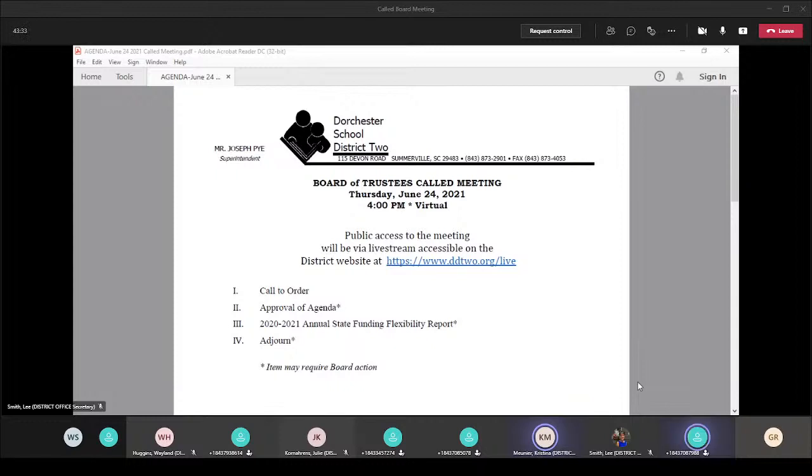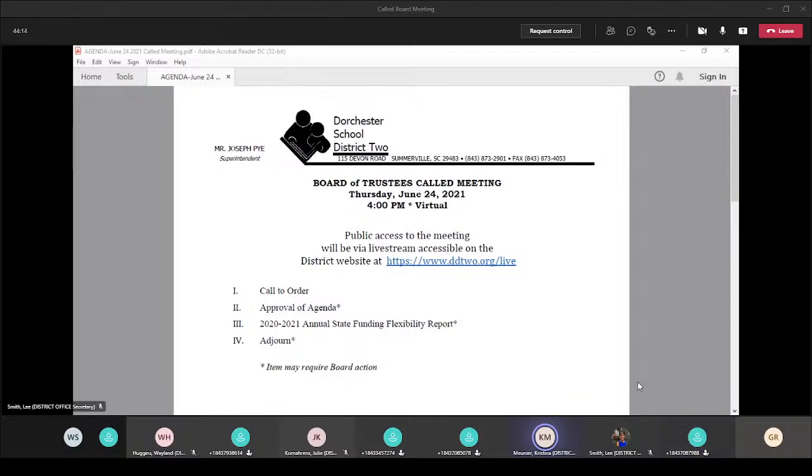So each year we report which funds we're going to flex over to the general fund to help us pay for such costs. The typical funds that we report each year are the Students at Risk of Failure Fund, the Aid to Districts, our Health Fitness, where we receive money for the nurses, and the ADEPT, which is training for new teachers. So when we flex over the Students at Risk of Failure money, that's money that we use to help pay for our Read 180 teachers. And then in our Aid to Districts money, we use that in the general fund to help pay for some elementary and middle school teachers.